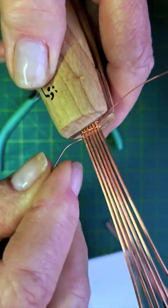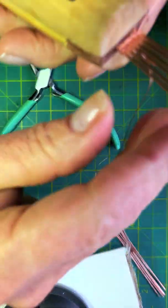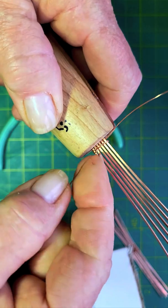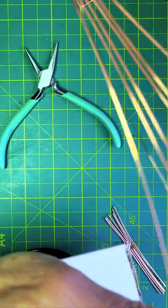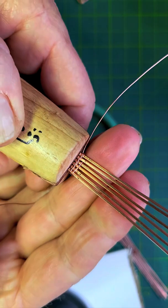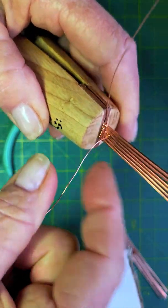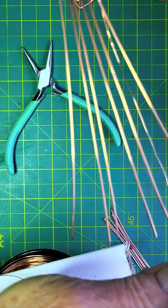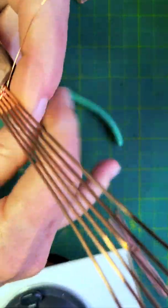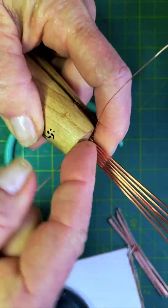So basically we're repeating the same exact pattern, and we're going to go up and over wires 1 and 2 because we already went around wire 1. Then I'm coming in between wires 1 and 2. I'm going over wires 3, 4, and 5. I'm coming in between wires 2 and 3, coming up and over wires 3, 4, and 5, coming in between wires 4 and 5,